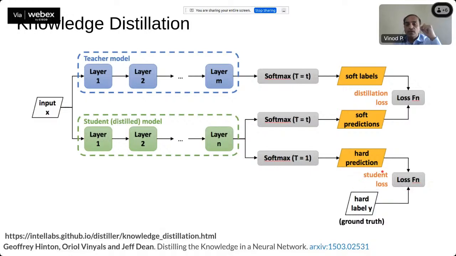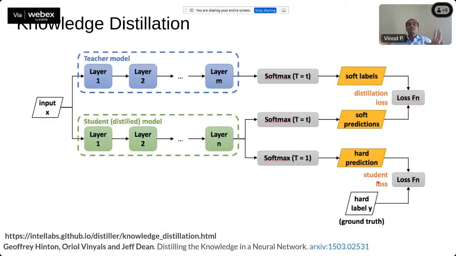And what is the student loss? We take the soft label, we copy the same soft label over here, and we try to predict the class corresponding to the instance X, and then we already have the ground truth label corresponding to X, which is called Y. So at the top here we have the prediction, we have the ground truth, and here we try to solve a loss function. The difference between the prediction and the ground truth is minimized, and this loss function is called the student loss.